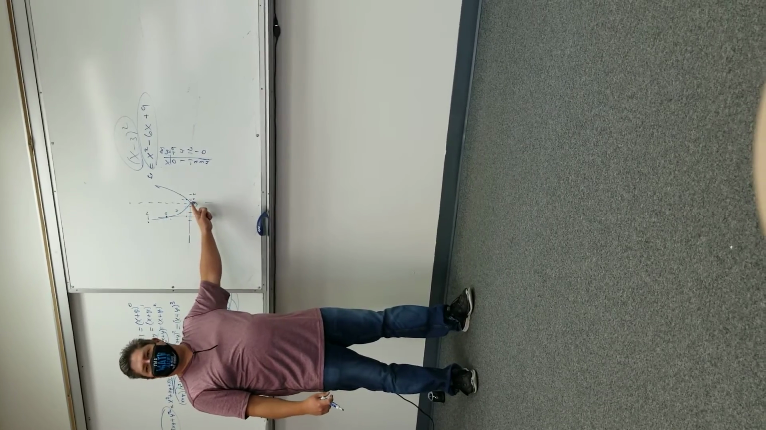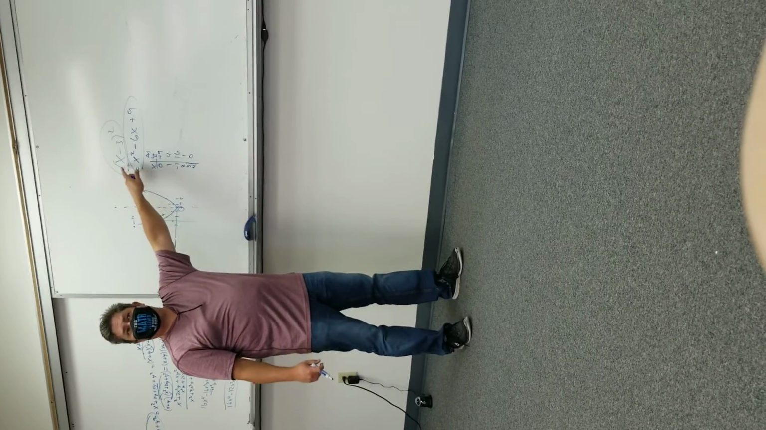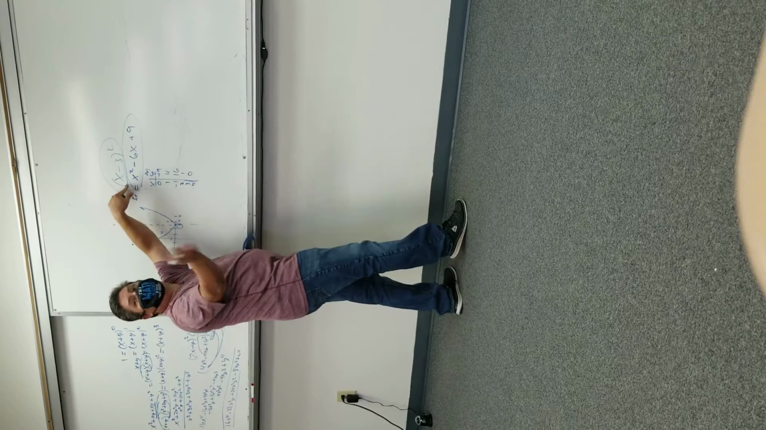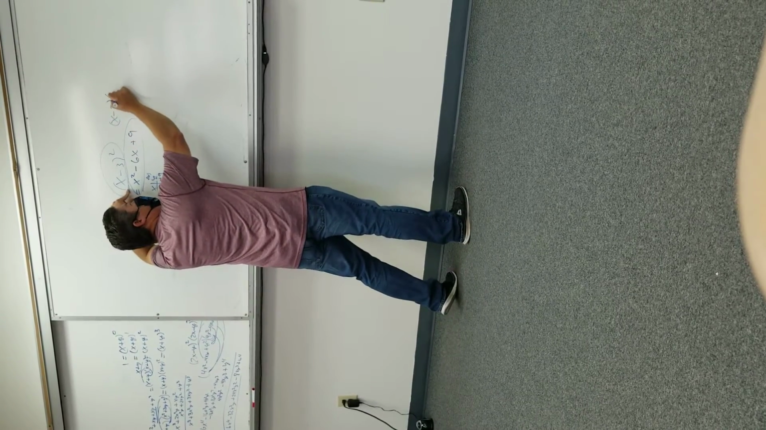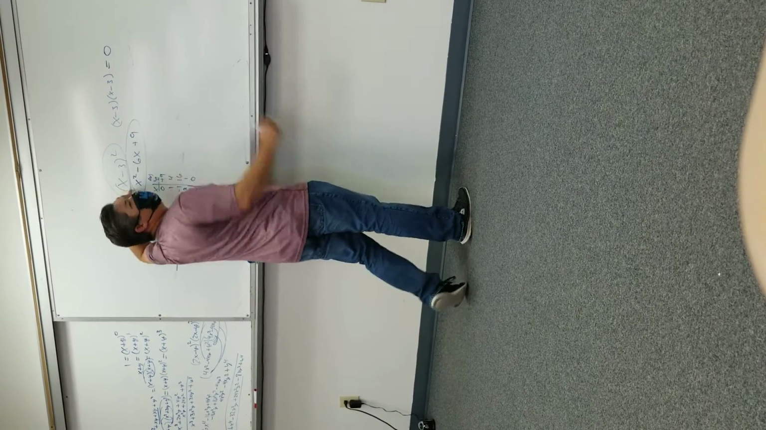In fact, this is duplicity. It hits 3 on the way down and on the way up. It's duplicity because what does this really mean? What does x minus 3 squared mean? X minus 3 times x minus 3. Yes. Watch. If I set this equal to 0,